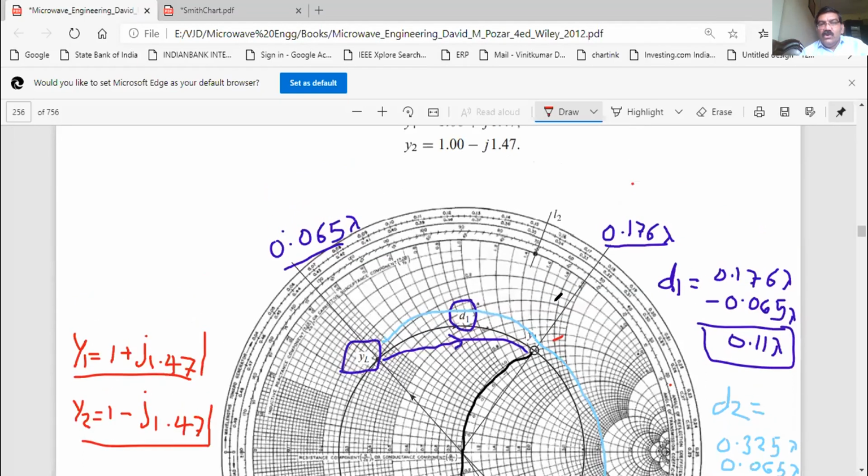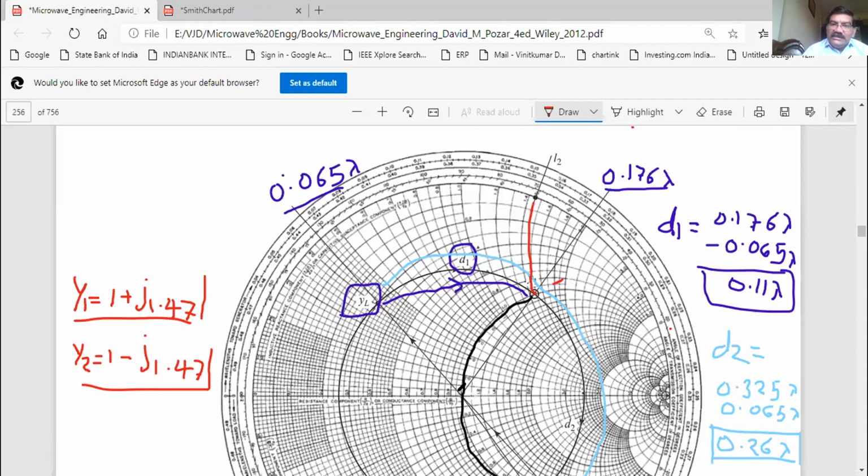Now, how did you get this L2? L2 is not by the straight line. By the straight line, we have found only D. Now, on this point, this way I am going. For the R, I will go on this circle, this line. So from here on the Smith chart line I'll go. I'll put a mark here, and from the center I'll put a scale at this point and extend it outside. I'll do this from the center so you will have more accuracy. So this is your L2.